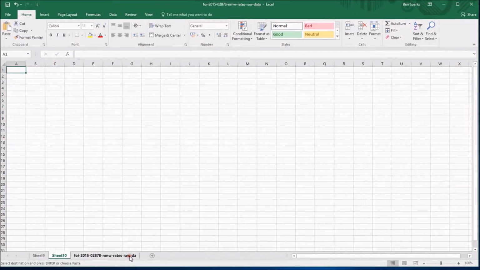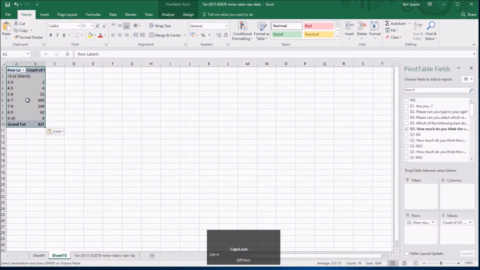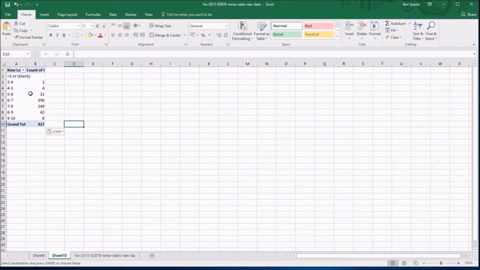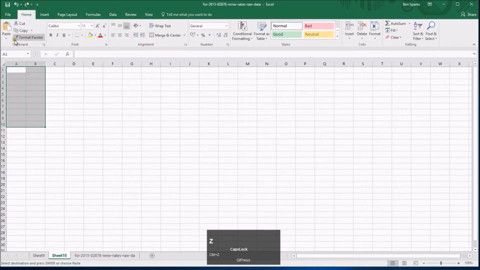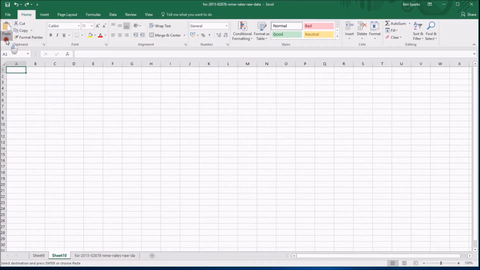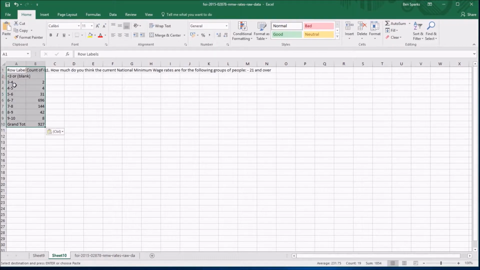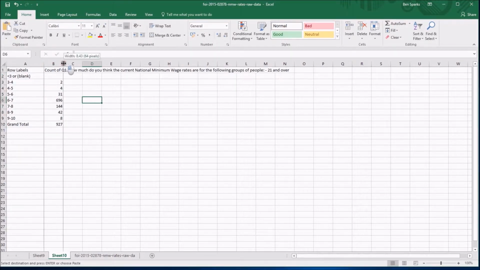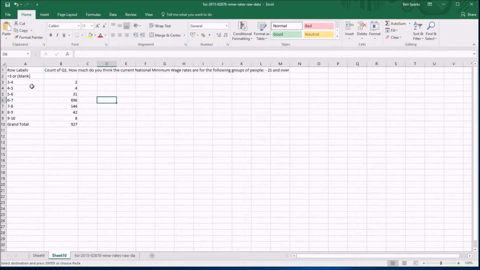I'm going to create a new sheet and just press Control-V, and you see if I do press Control-V, it pastes another pivot table, and actually that's not what I want, so I'm going to undo that, and instead of just pasting as normal, I'm going to paste values. So it just puts the numbers in there, and maybe I can change the question titles here, but this time there's no formulae to get in the way. This is just a list of what's happening and the pure numbers,